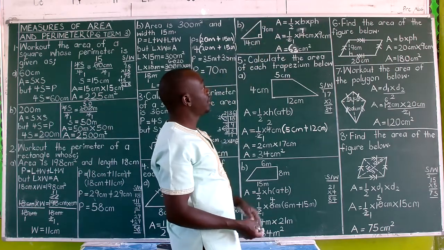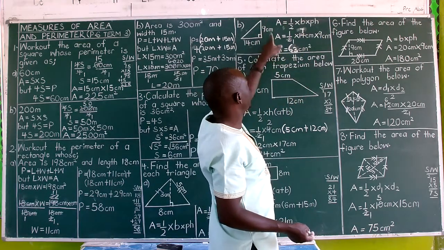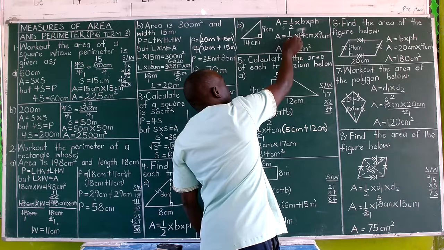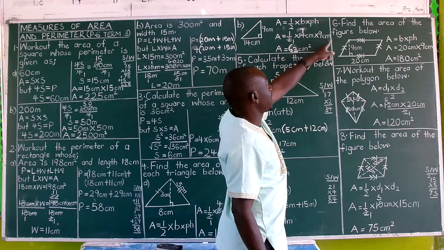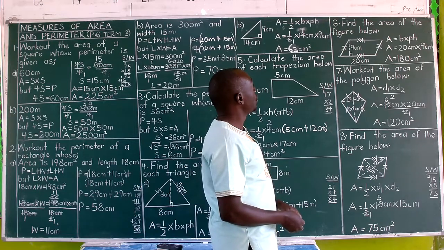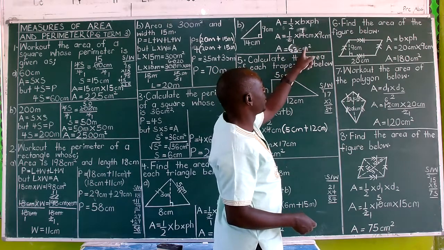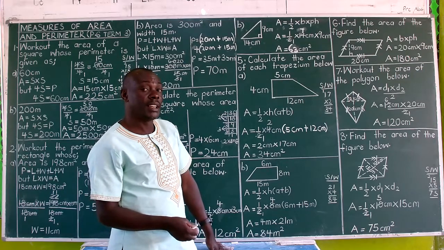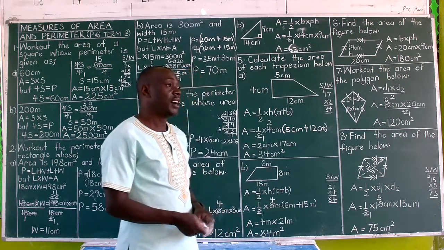So we start: area equals a half times base times perpendicular height. So area is equal to a half times 14 centimeters times 9 centimeters. That's a step. Then divide. 2 divided by 2 once, 14 divided by 2 gets 7 centimeters here. So that you have got 7 centimeters times 9 centimeters, where 7 times 9, you get 63. So use your tables in your brain properly, and then centimeter squared. So area equals 63 centimeters squared, or 63 square centimeters according to your wish.